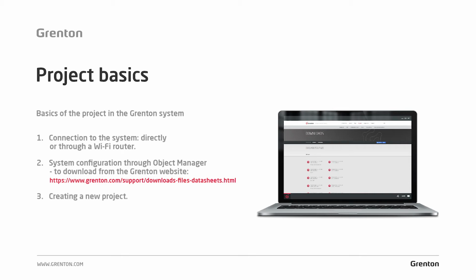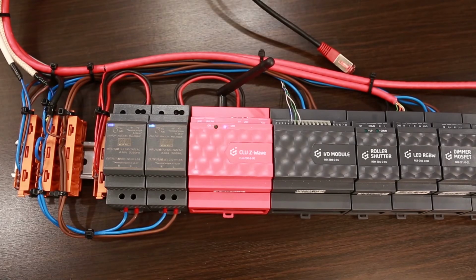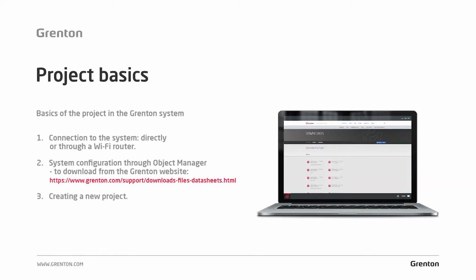Before the first startup, you will see that the red and green LEDs will blink alternately, and this is the correct reaction of the system. I.e., if you unbox the new CLU module, connect the power supply, then red and green LEDs should blink alternately. We make sure that the system is properly powered, make sure that the LAN cable is connected to the CLU,